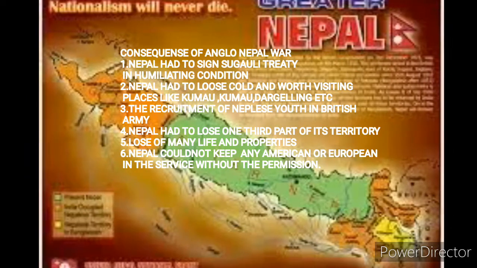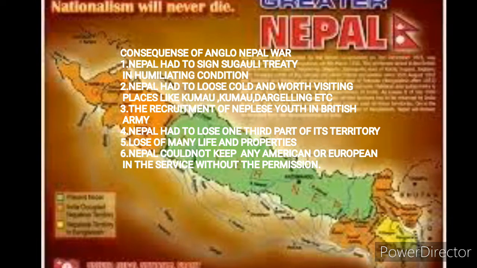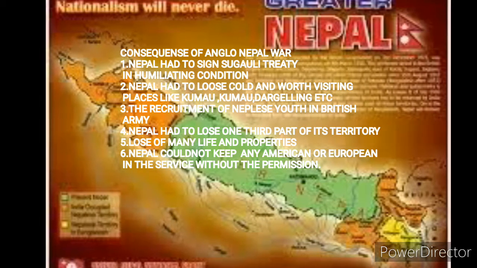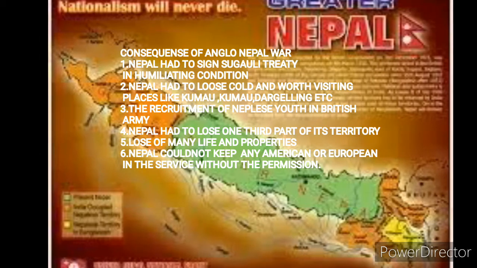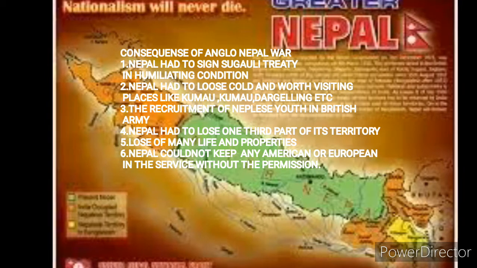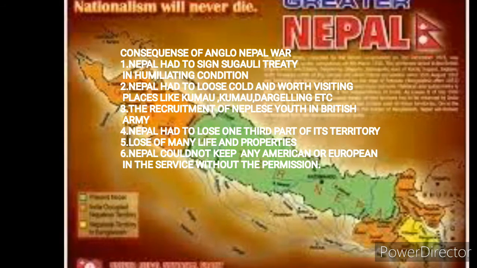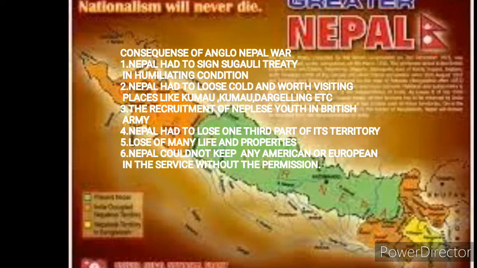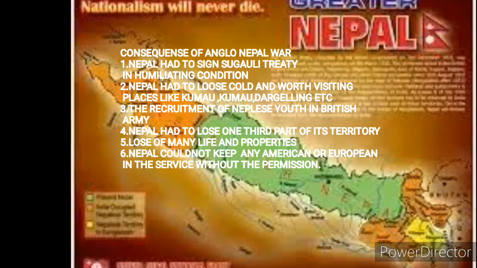Consequences of Anglo-Nepal War. 1. Nepal had to sign the Sugauli Treaty in humiliating conditions. 2. Nepal had to lose cold and worth-visiting places like Kumaon, Darjeeling etc. 3. The recruitment of Nepalese youth in the British Army. 4. Nepal had to lose 1/3 part of its territory. 5. Loss of many lives and properties. 6. Nepal could not keep any American or European in its service without the permission